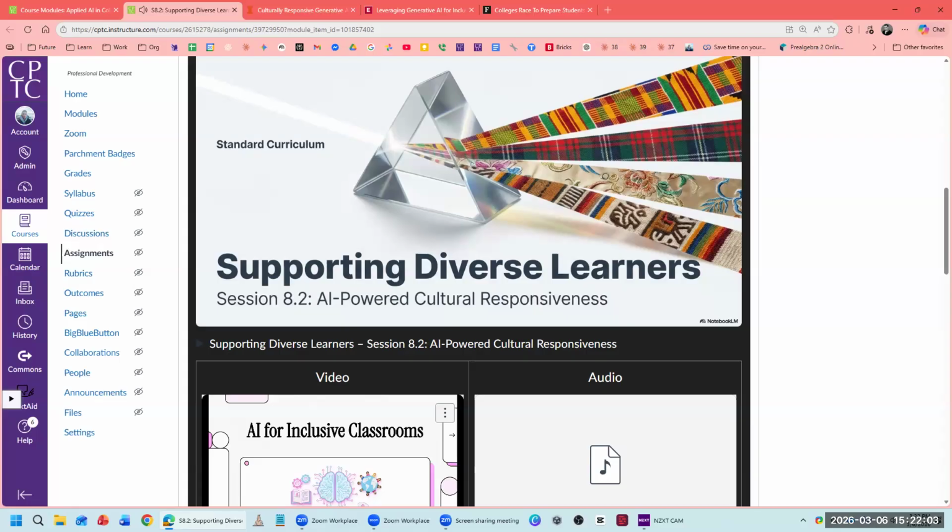We're looking at a set of documents that claims you can bridge that gap. And not by guessing and not by burning it down, but by using a very specific, almost tactical approach. We are digging into session 8.2, supporting diverse learners. Yeah. And I have to say, right off the bat, looking at this source material, this does not look like